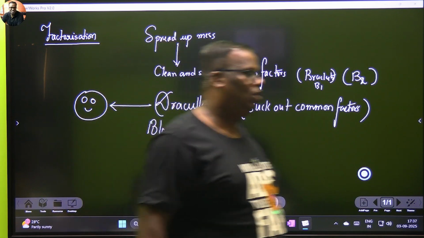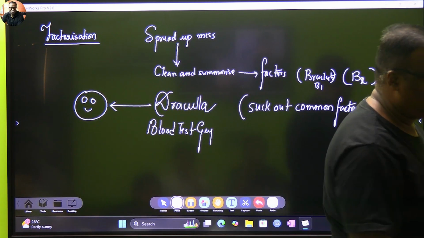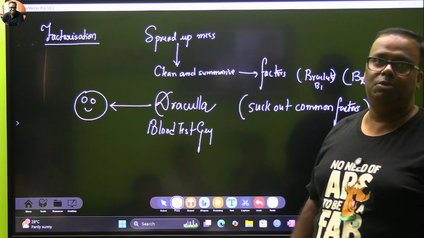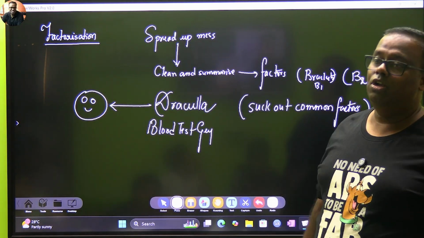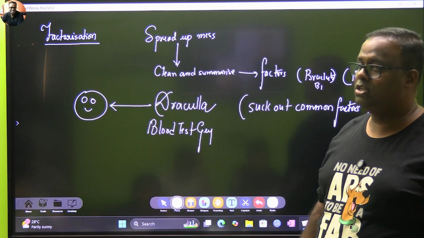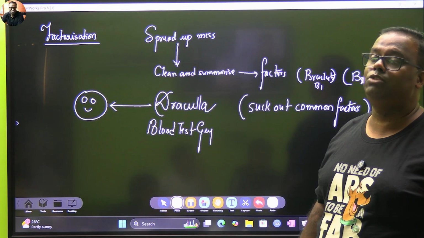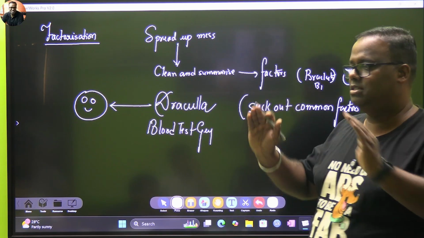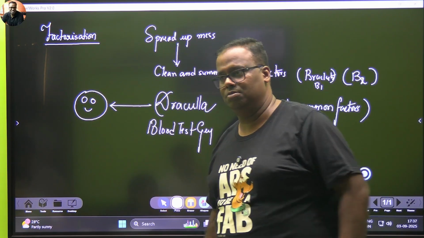So what is this chapter all about? Things will be in a mess, as Advait keeps in his closet or on his table. Everything is spread in a mess. All you have to do is assemble things back to their places. While doing so, please ensure that you don't have any term linked with any term with a plus or a minus. Ultimately, it should be factors into factors, meaning bracket, bracket terms.